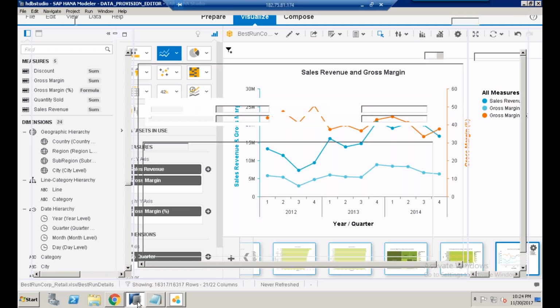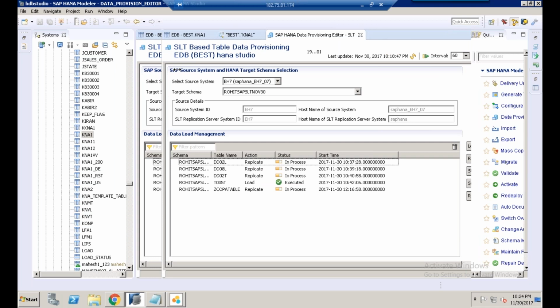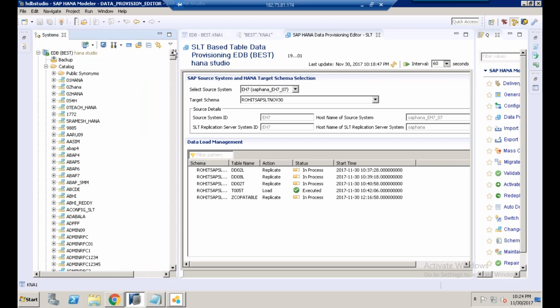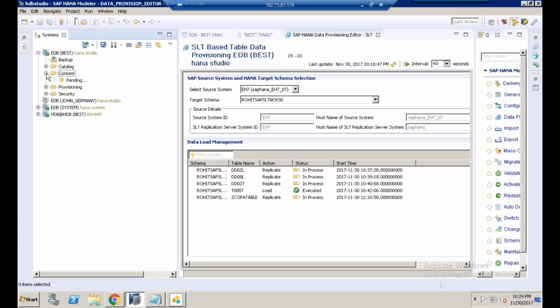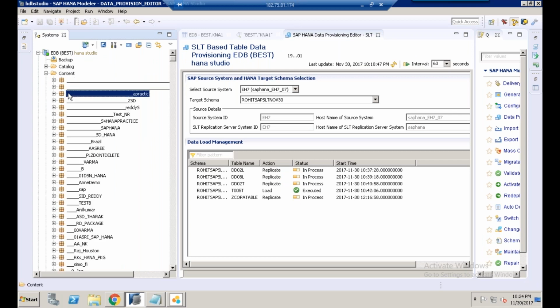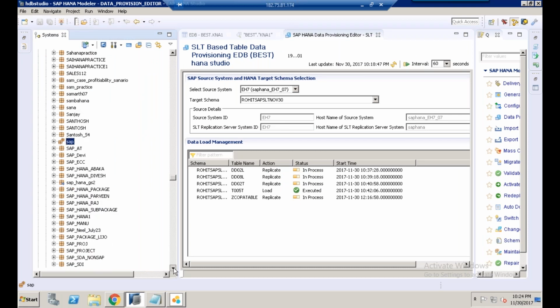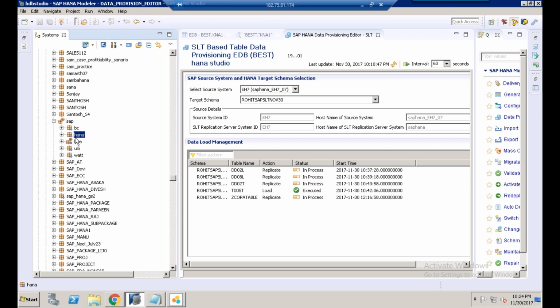If you go to the HANA Studio, so HANA Studio is the user interface. Here you can generate, if you go to the content, go to SAP. If you go to the SAP package, expand the SAP package, expand the HBA package, and here you can see the S Finance, Simple Finance package,